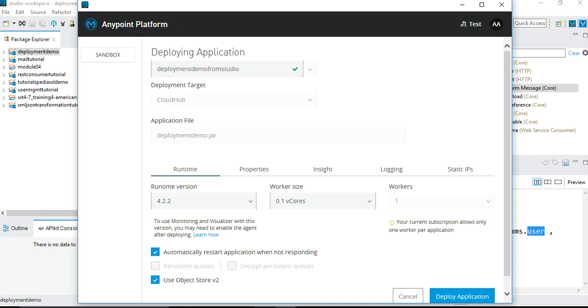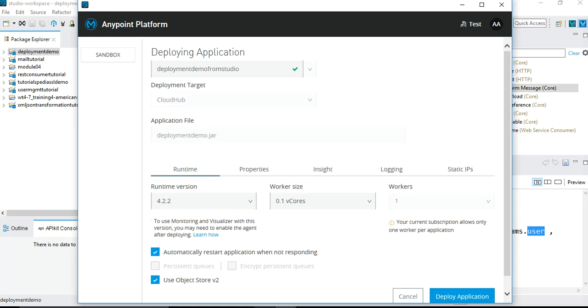And then there is another option, worker size. Within the same worker you can specify the vCores. This is for horizontal scaling, so depending on your requirement you can choose either 0.1, 0.2, 1, 2, or whatever option you want to choose, and accordingly you can see that the memory allocations are specified differently. For the simplicity, I will not choose any high memory worker size. I will choose the default one, 0.1 vCore, because this application is not going to get real traffic. It's just for the demo purpose.